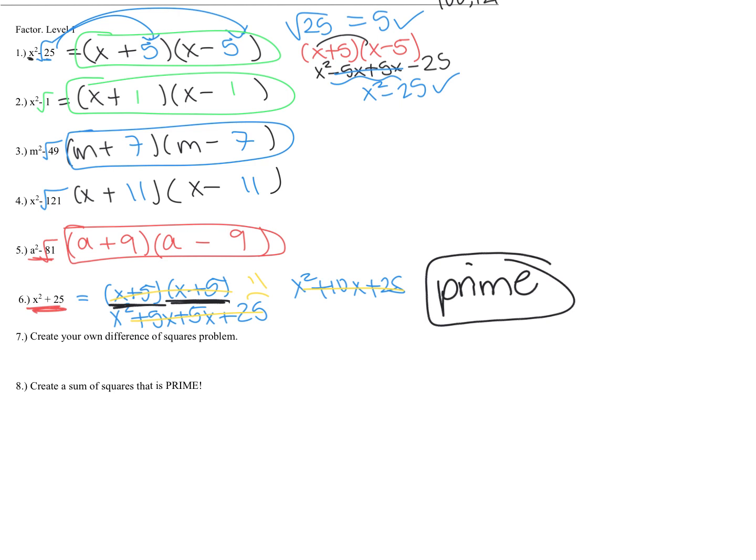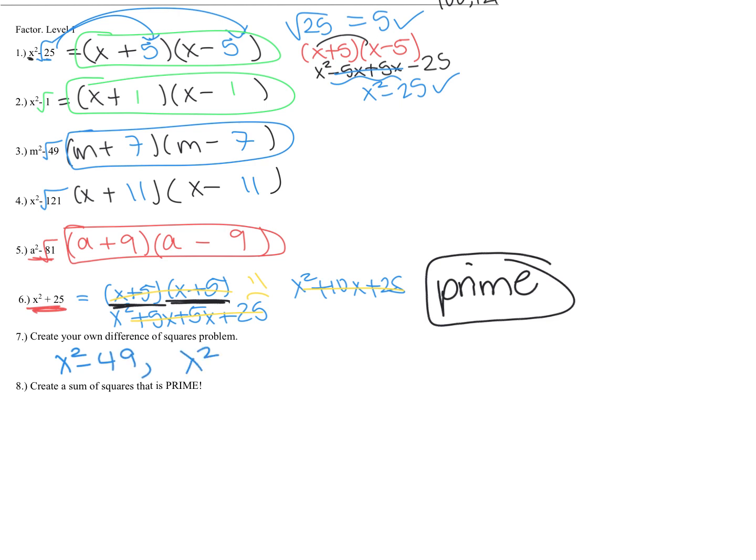All right, so I'll give you a moment to do that, and then I'll give you some examples. So you might want to pause the video and try that. Okay, to create your own difference of squares problem, you may have come up with x squared minus 49,